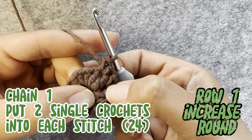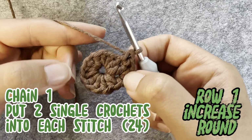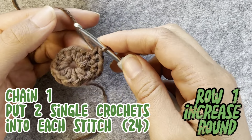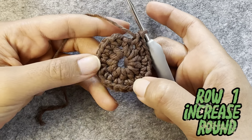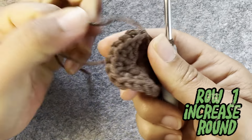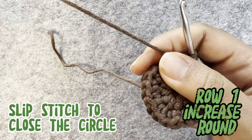So there we can see that we have V's of increases, and we just continue this in the next round. And I'll meet you at the end when we have 24 single crochets. So this is how it should look like when you have 24 stitches, 2 into every half double crochet. The circle might open a bit, and then you can just pull it tight again. We'll do that at the end, and when we sew in